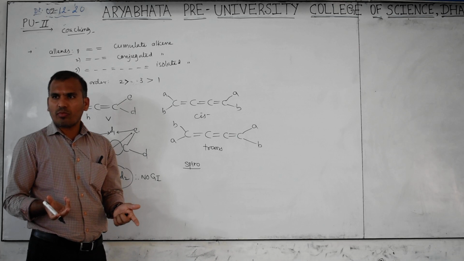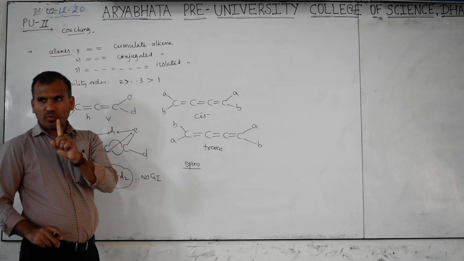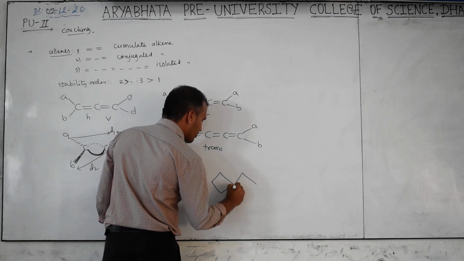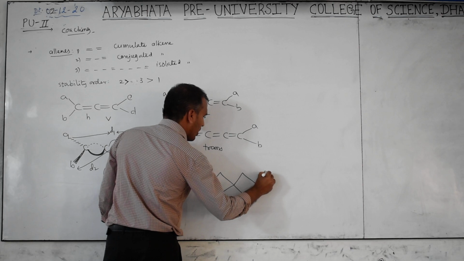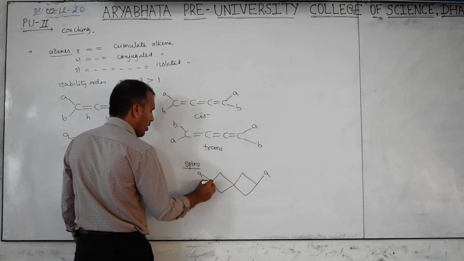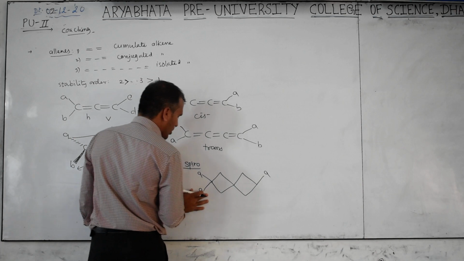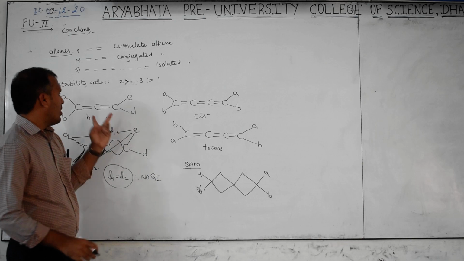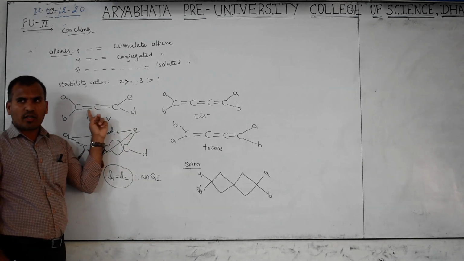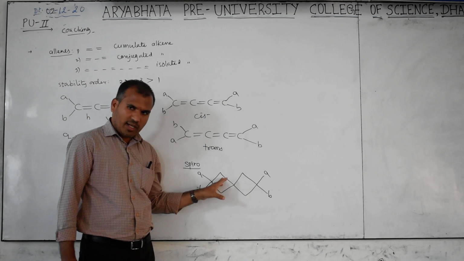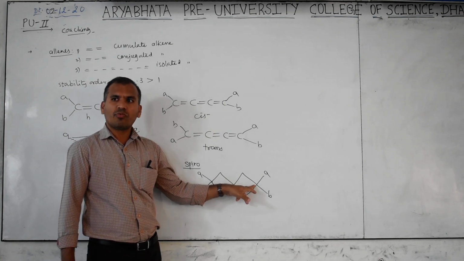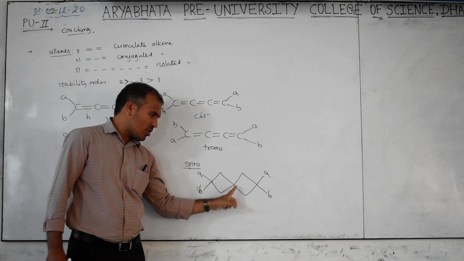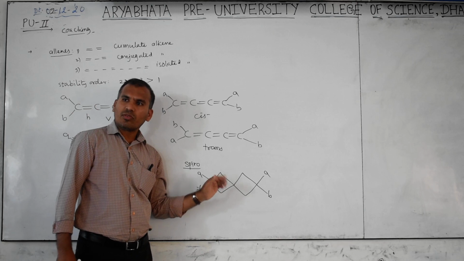Spiro means a bicyclic compound. Spiro means 2 rings bonded to 1 carbon. Therefore, now if I take this, this is a Spiro carbon. So here A, here A, here A, so you can take here B and here B. Same like this double bond, one is horizontal, another is vertical. Here one ring is horizontal, another ring is vertical, like links only. But in this Spiro compound, 2 rings are bonded to 1 carbon, so it is called a Spiro compound.